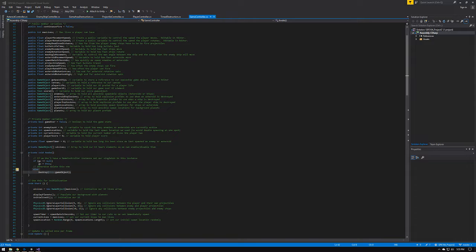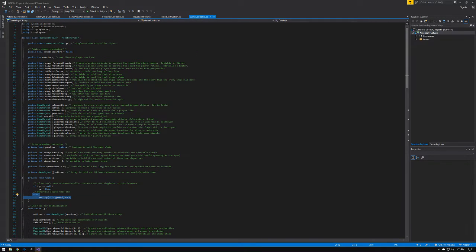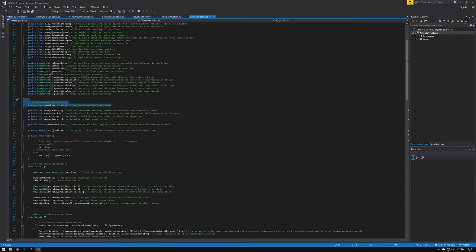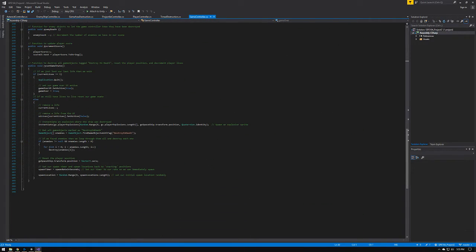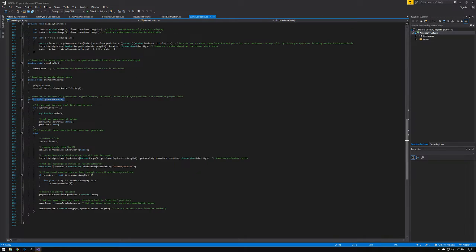Next item, Game Manager controls game logic, lives, spawns, game over. So yeah, my game controller controls all of that. It has all of the editor variables that a designer could set. It's got a game over boolean. The functions that control that are down here. It resets the game state if you lose a life